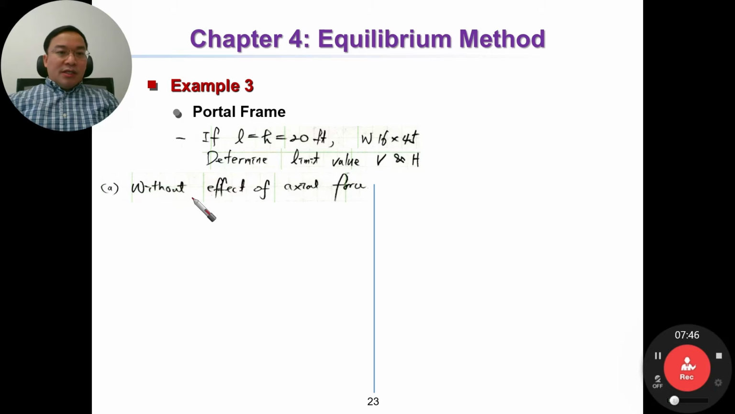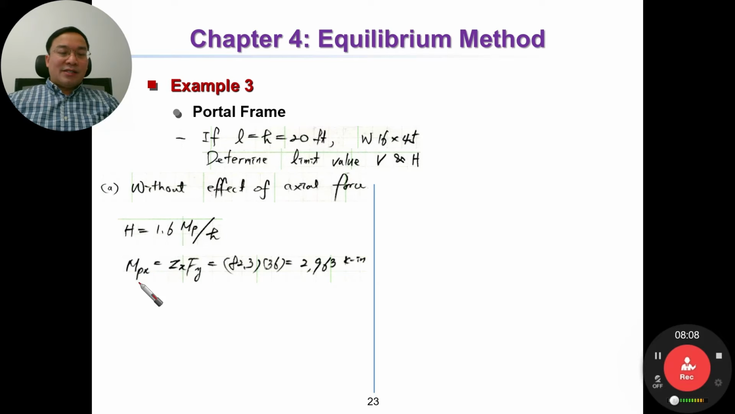First, we consider the problem without effect of axial force. We have H equal to 1.6 Mp over h. That is the solution of the previous step. Then we have Mpx, and because Iy is small,